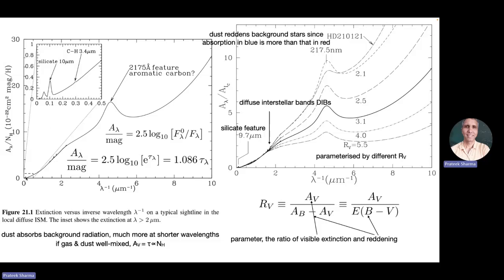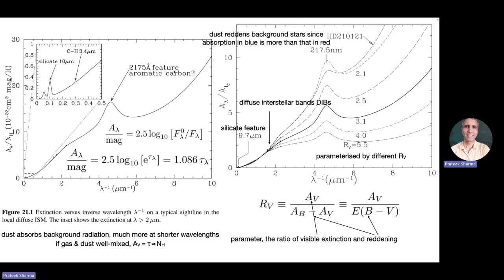Here, in infrared, they think this is a silicate feature at 10 micron. This is some CH bond, which gives this feature at 3.4 microns. So there's a lot of synergy with chemistry as well. People who do spectroscopy and chemistry in the lab give a lot of input to people who do these kinds of observations.